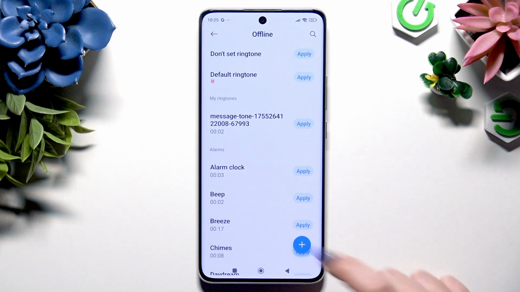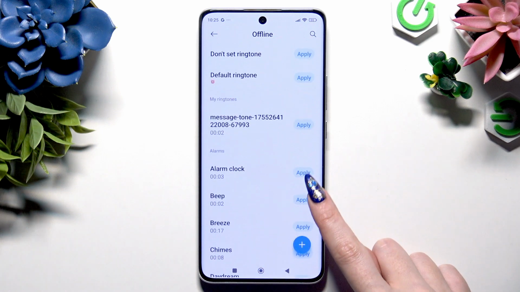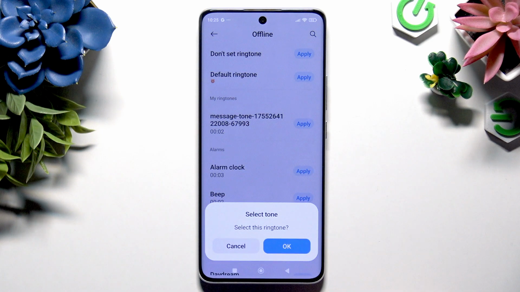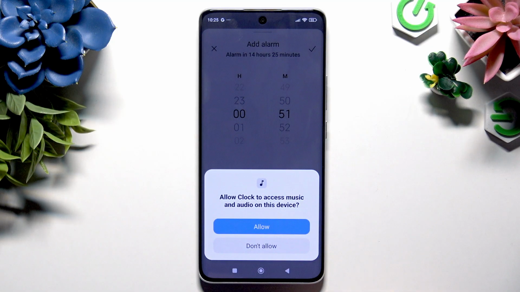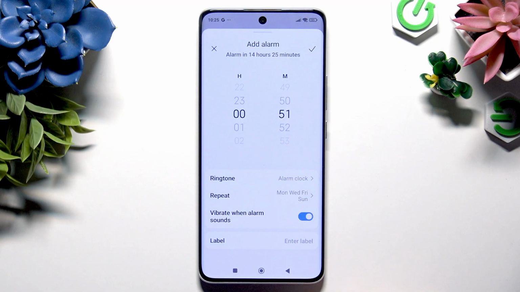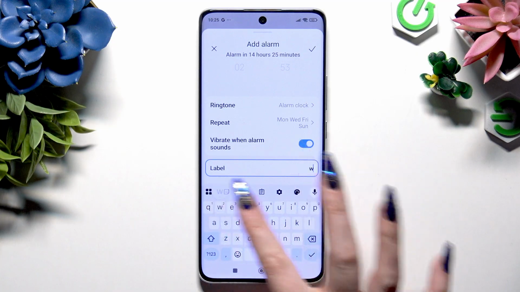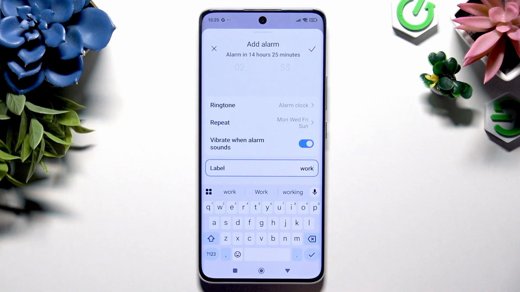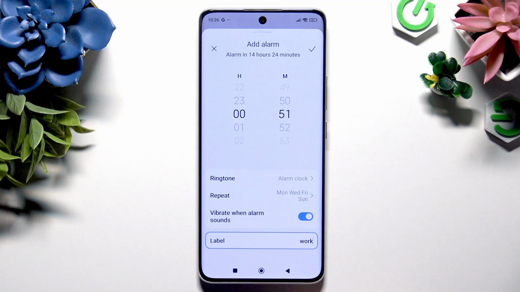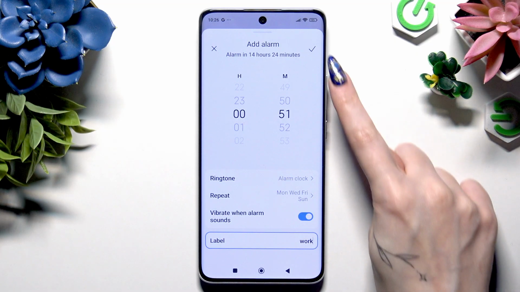You can also apply all of those thanks to the same button. Wherever you decided, confirm your choice in the pop-up. Click Allow one more time and tap on Label. Now name your alarm however you want to, if you want to, and when you finished, use this check mark